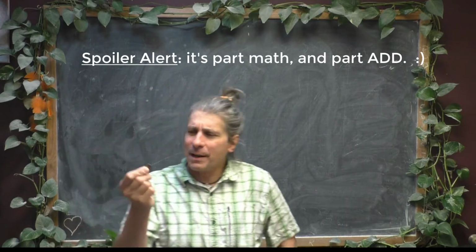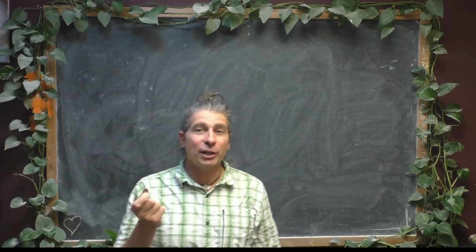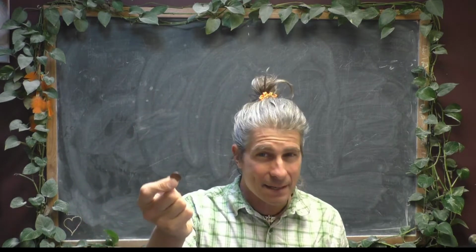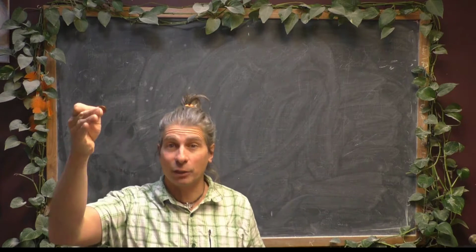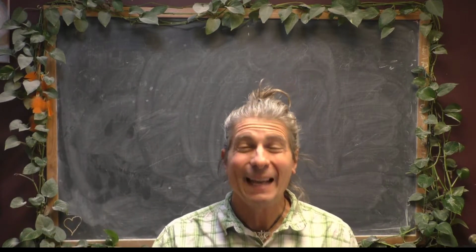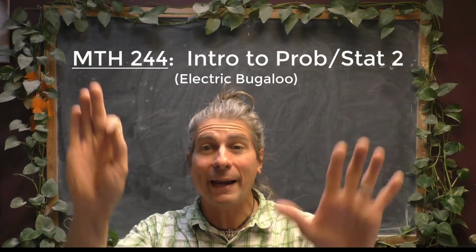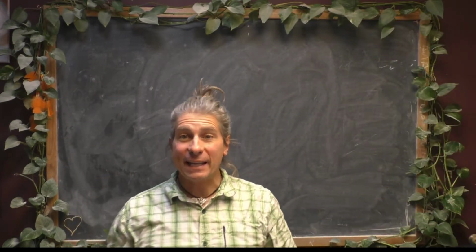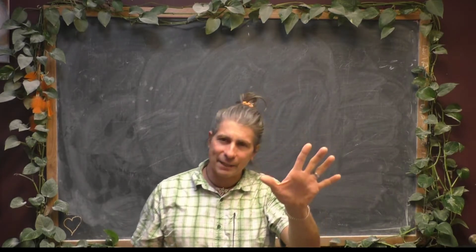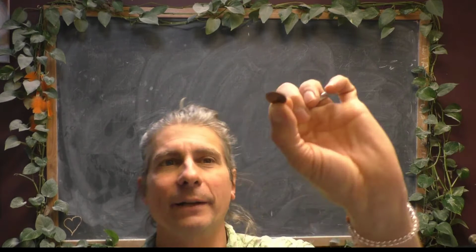But also, if you think about it, flipping a coin is extraordinarily useful because it generates a perfectly random event that you can use to your advantage. Later on in Math 244, for example, if you're trying to assign subjects to one of two groups randomly, this is the perfect way to do it so that you get equal numbered groups. But let's not get too far ahead of ourselves. Let's just chat about flipping a coin.